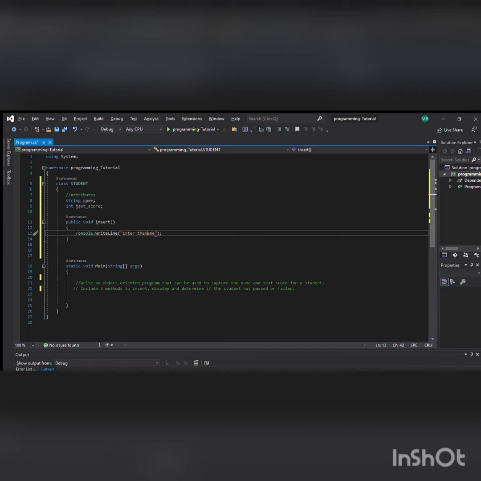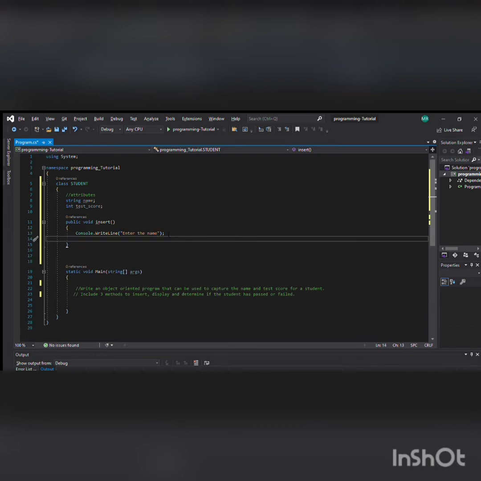You can put it the way you want, it's just a prompt. So the next thing is name. Since it's a string, no need of parsing it. So name equals the name. And so that is prompting the user to key in the name of the student. And then the next